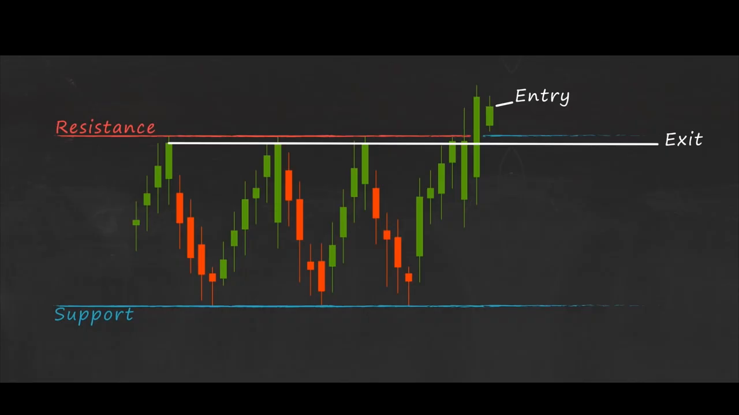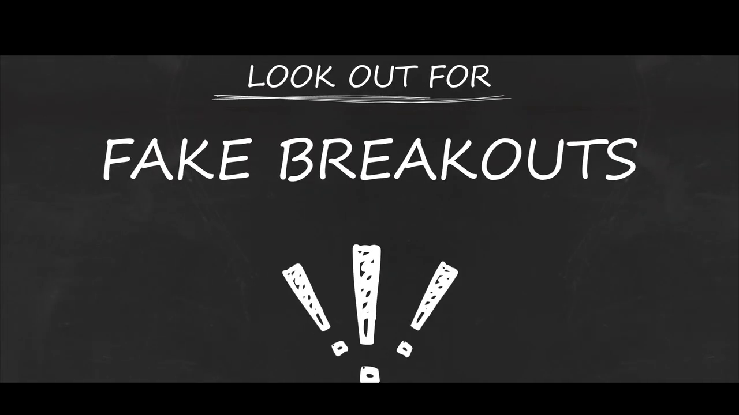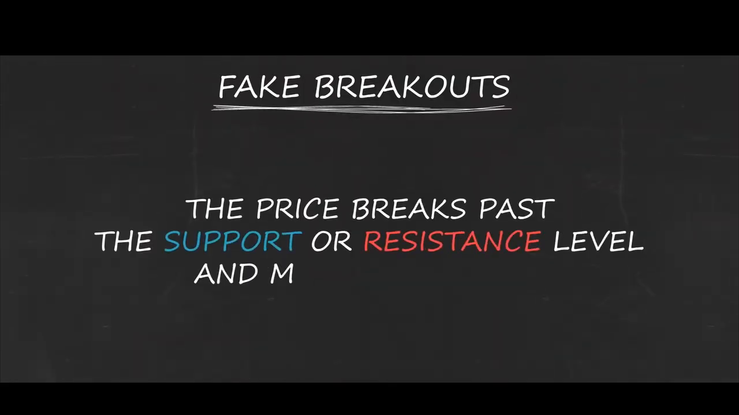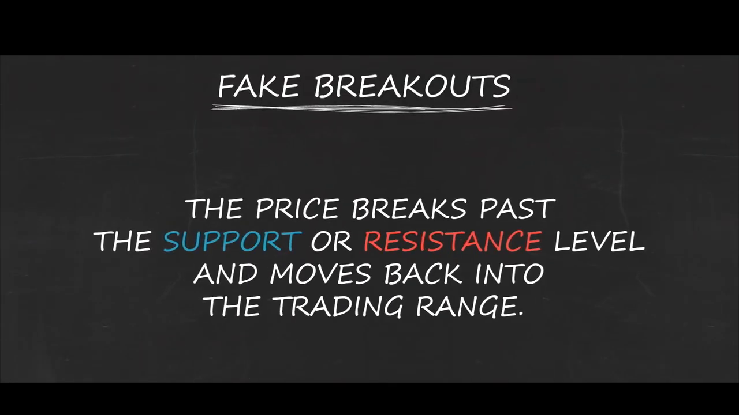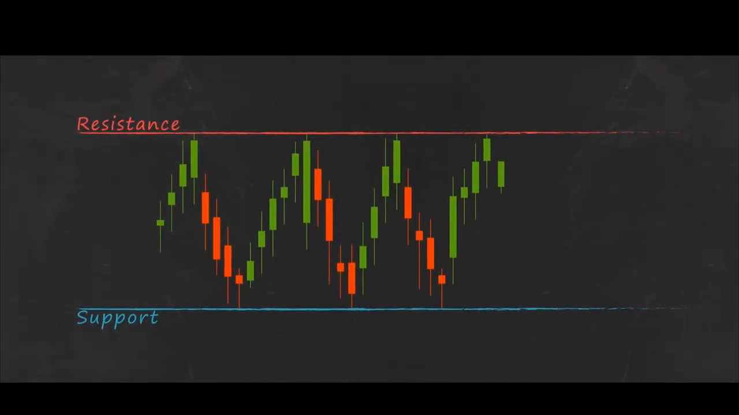One thing to look out for when trading breakouts is a fake breakout. Fake breakouts occur when the price breaks past the support or resistance level, but instead of continuing its movement, the price moves back into the previous trading range. So here you can see the price breaks outside of the range but does not close